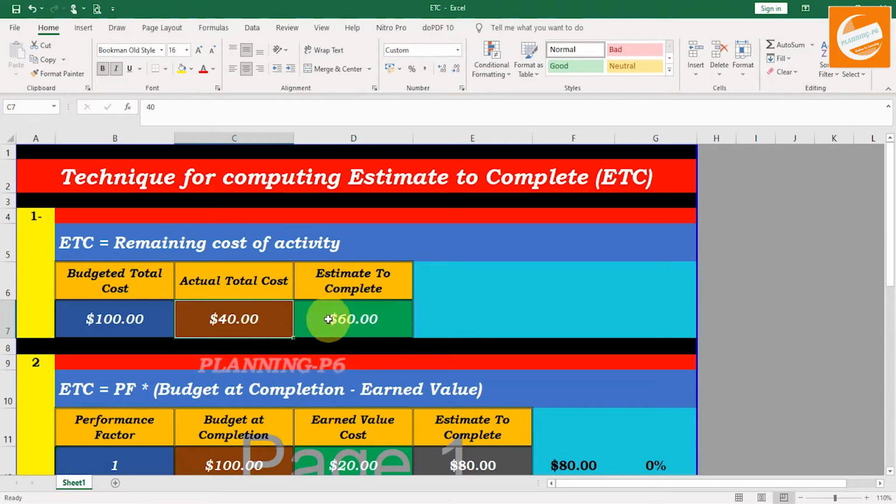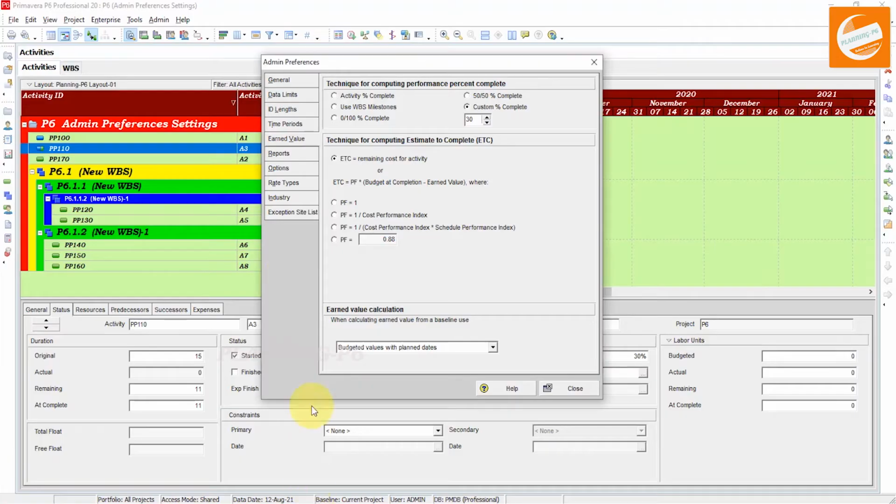This is the first option in Primavera, and most planning engineers use this procedure, the actual remaining cost of the activity. But the second option is also available in Primavera P6. Now let's move forward to Primavera again, and here the second option is estimate to complete is equal to performance factor multiplied by budget at completion